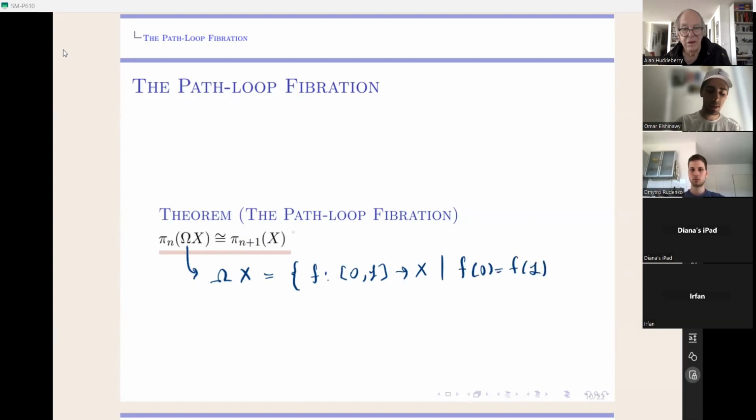I've omitted the base points not to cause any confusion, but you could think of x naught as being your pointed space. So in this pointed space, you would choose the base point for the loops to be this x naught precisely. It turns out that taking the loop space of x shifts the homotopy group. That's something we will prove, but we need